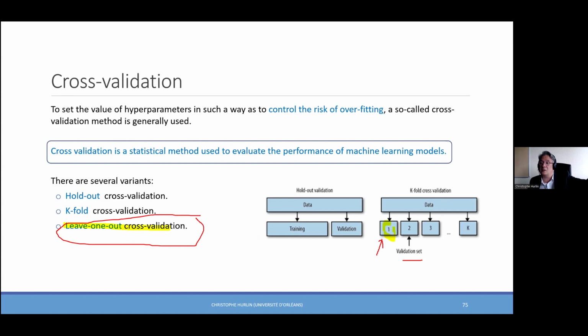For instance, if I have a data set with 3 million firms, then we will run or train 3 million models, changing only one observation in the training data set each time. And don't forget that we have another loop for all the theta values. So it's very time consuming. So in general, we don't consider the leave-one-out cross-validation approach.